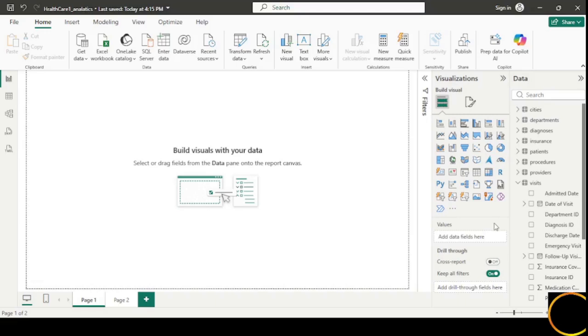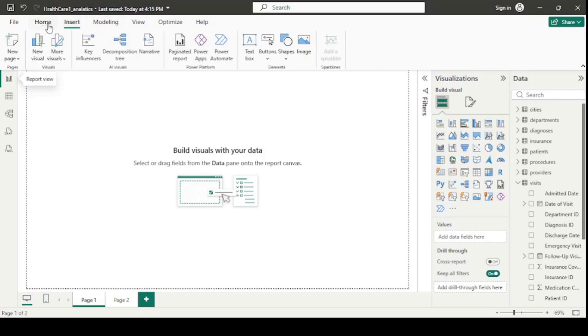Hello, so we are starting to build a dashboard today. Okay, so we will import the files. I will give you the link for importing these files. So basically for importing we'll just go to